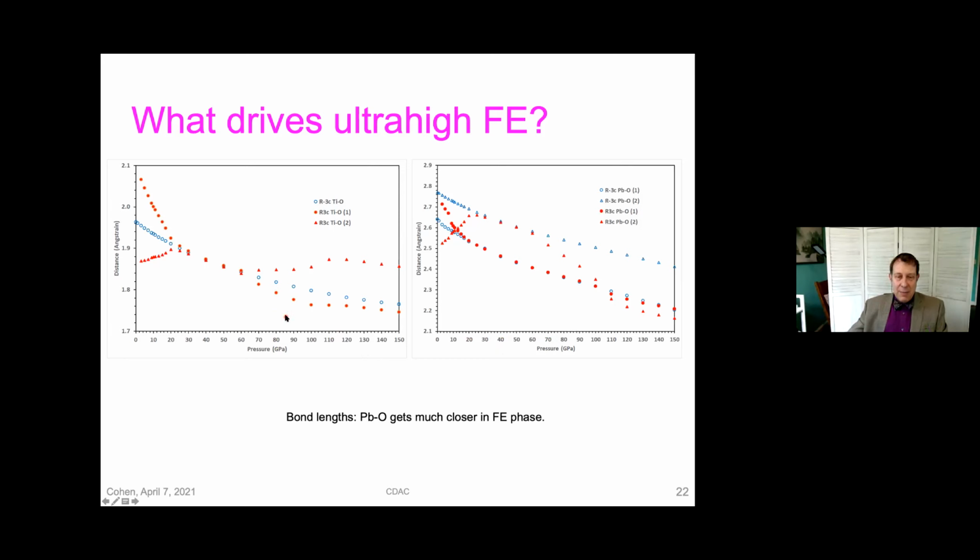If you look at the titanium oxygen distance, it's a little bit more subtle. What you find there is that in the rhombohedral case, there are 3 short distances and 3 long distances, whereas in the centrosymmetric structure, all 6 distances are the same. And so what happens here is 3 of the long ones tend to get a lot longer, and the 3 short ones get a little bit shorter. And so the system is densifying, but it's allowing some of the titaniums to get farther from the oxygen. And so that also helps stabilize the high pressure structure.